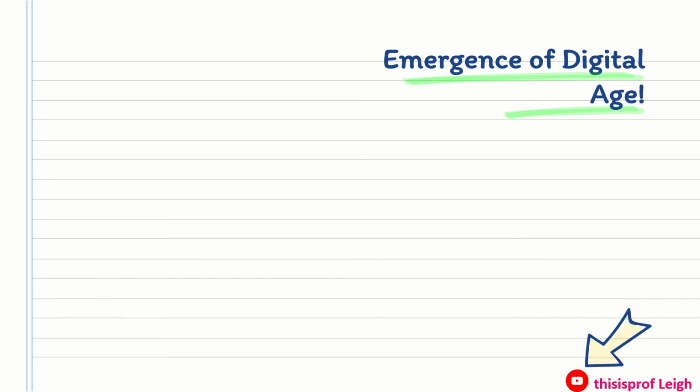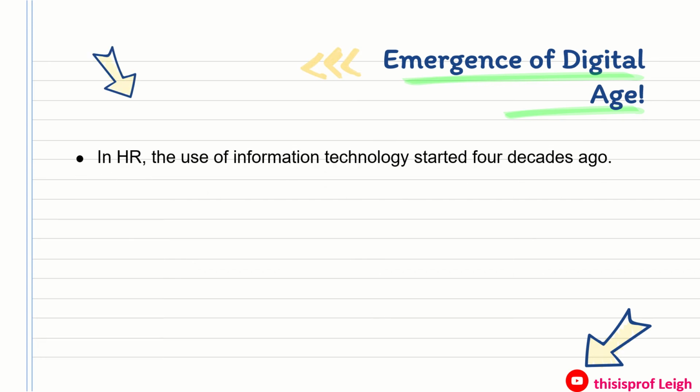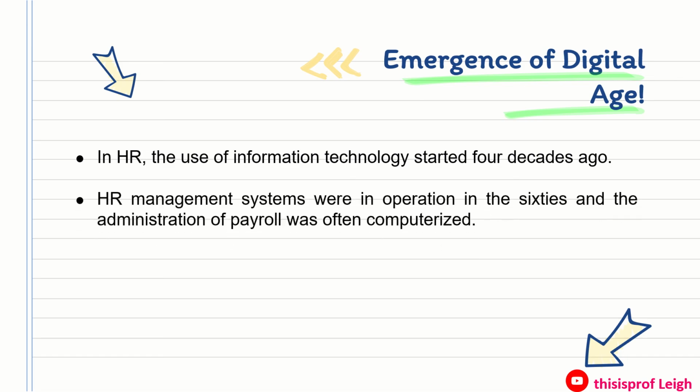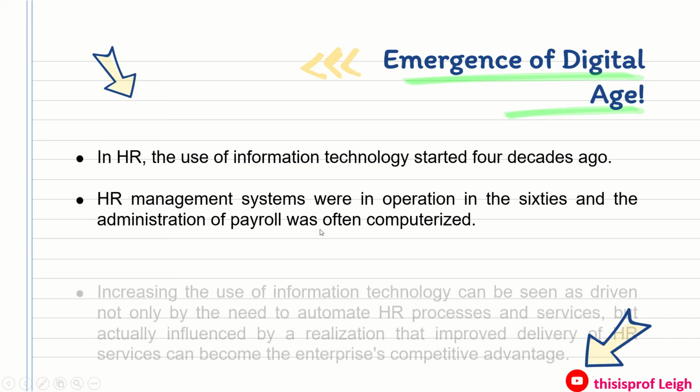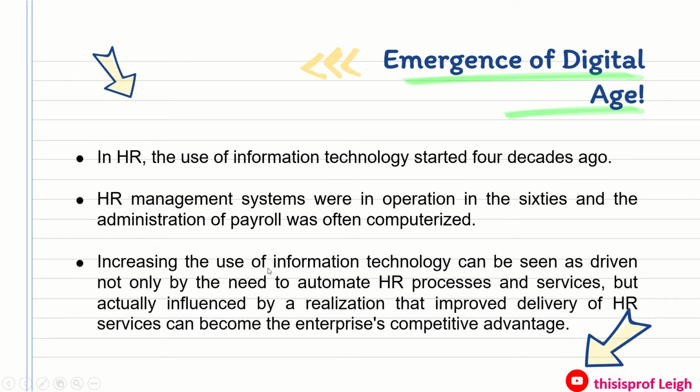the emergence of the digital age. In HR, the use of information technology started four decades ago. HR management systems were in operation in the 60s, and administration of payroll was often computerized. And lastly, the increasing use of information technology can be seen as driven not only by the need to automate HR processes and services, but also by a realization that improved delivery of HR services can become the enterprise's competitive